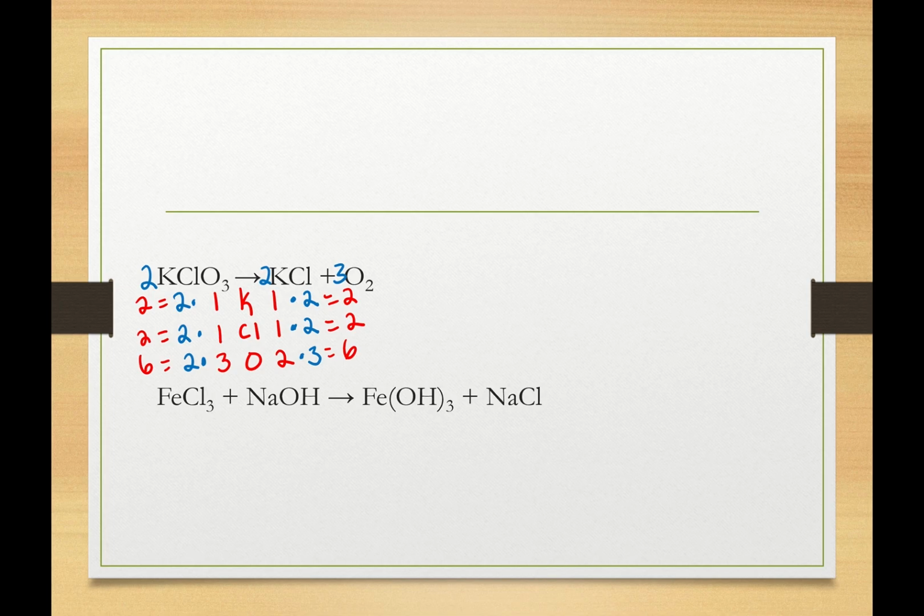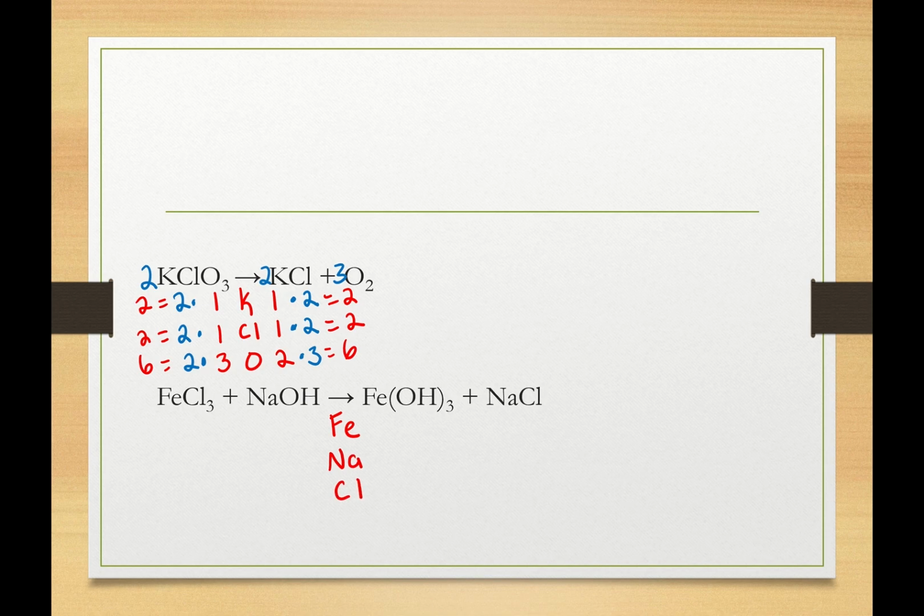So now let's do one more, but this time we're going to toss in a polyatomic ion. So we have iron 3 chloride and sodium hydroxide reacting to form iron 3 hydroxide and sodium chloride. So again, we start off with our atom inventory. So we have iron, and I like to list all the metals first, so let's go in that order. Sodium,